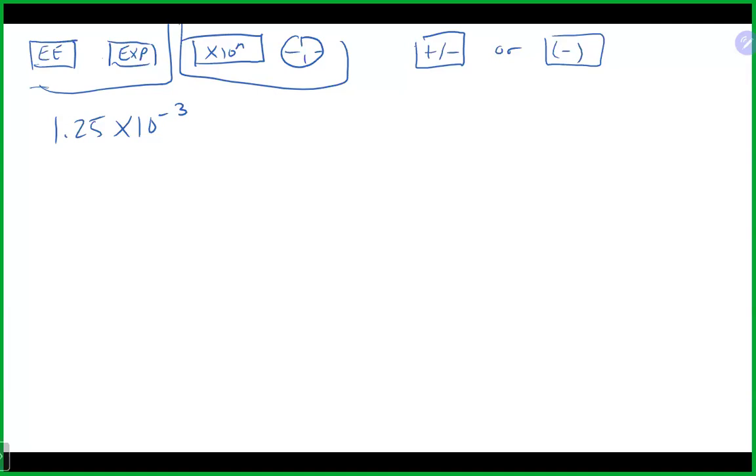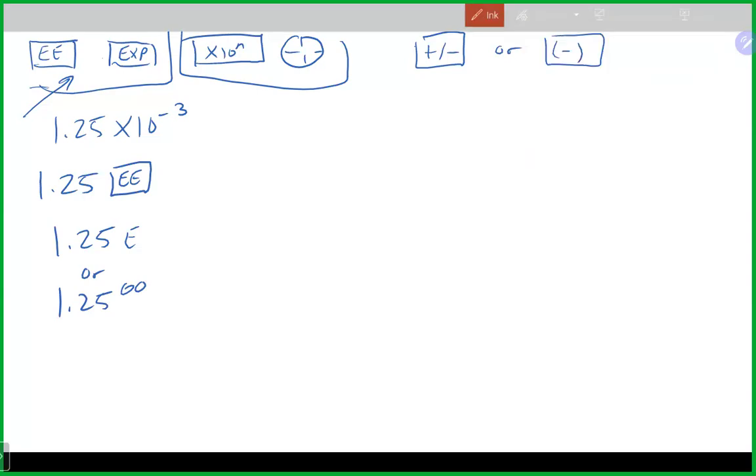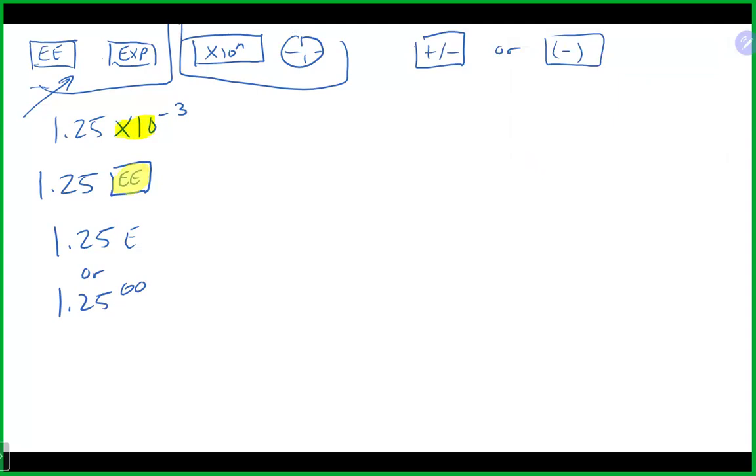So if you're going to punch this into a calculator that has either of these two buttons, which this approved calculator does, and a lot of calculators do, you would type 1.25. You then would hit your exponent button. And what you would typically see on the screen is 1.25, and a lot of calculators will put an E, or like it will do on this approved calculator, it will just pop up a couple of zeros up towards the top when you hit that button. Now, when you hit that EE button, the exponent button, that is